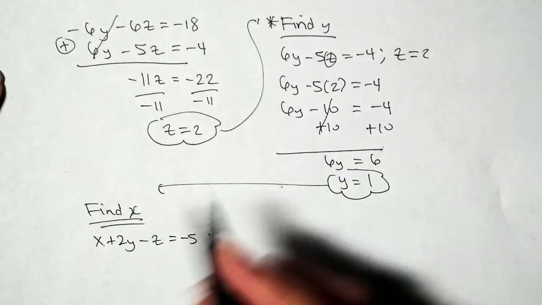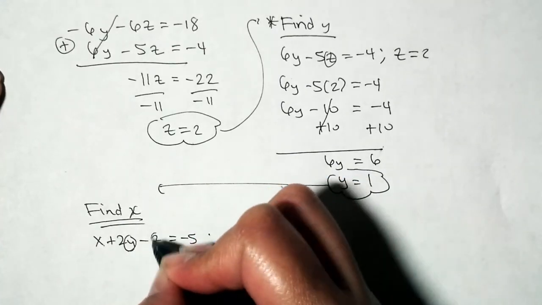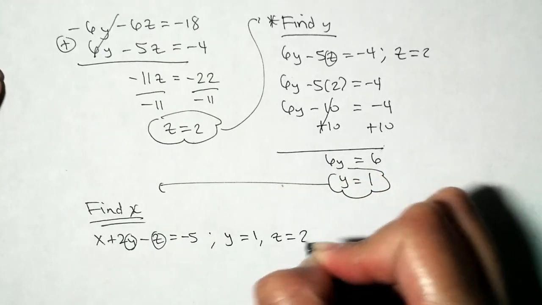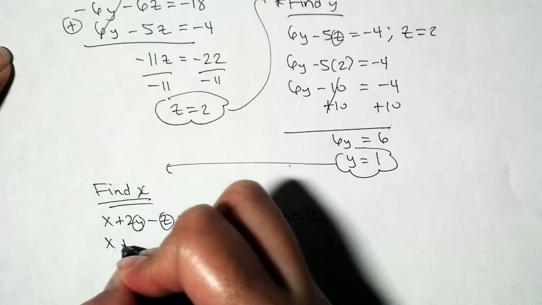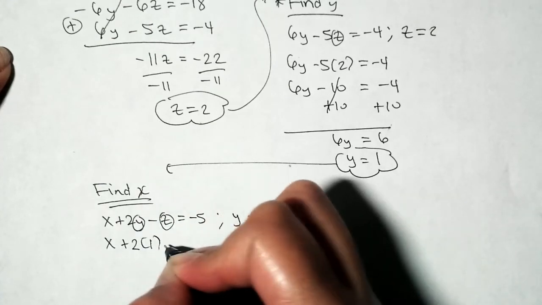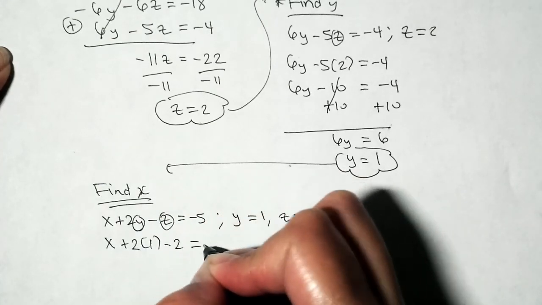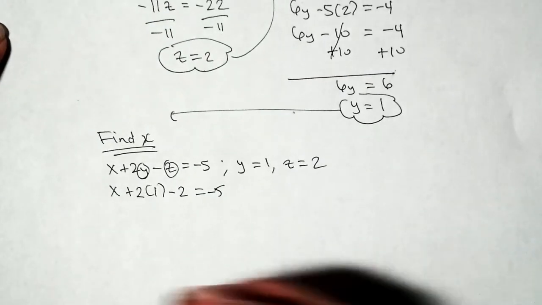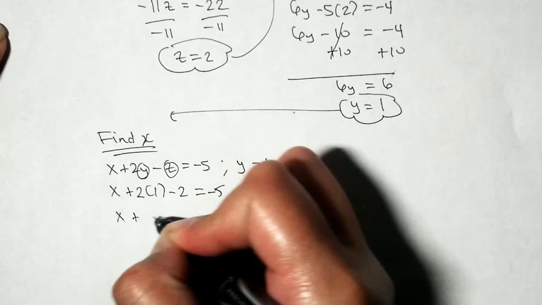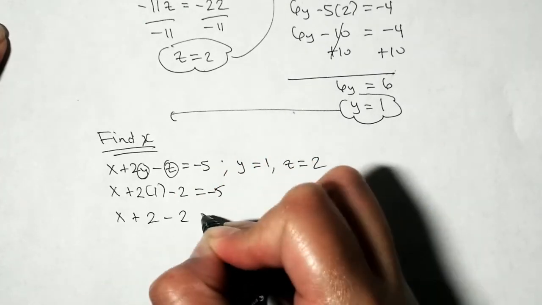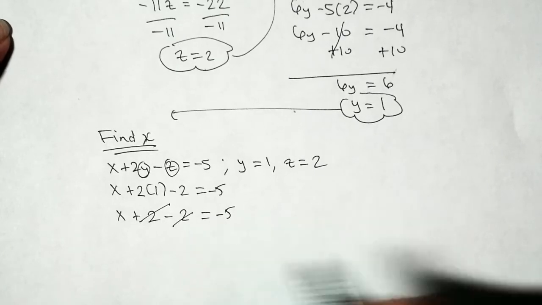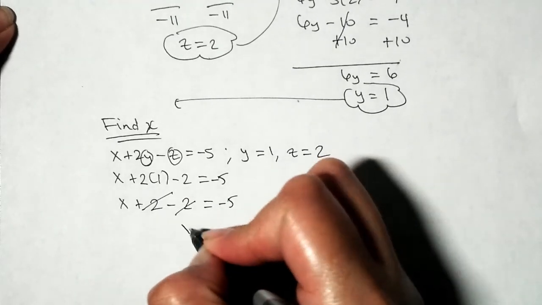We want to find x, so we have to know what y is and what z is, and we do. We have y equals 1 and z equals 2. So we have x plus 2 times y, which is 1, minus z, which is 2, equals -5. It's all arithmetic, guys, okay? Don't lose it at the end. Keep your cool. So that will leave us with x plus 2 minus 2 equals -5. And how about that? The difference of 2 and itself is 0, or we say that cancels out,